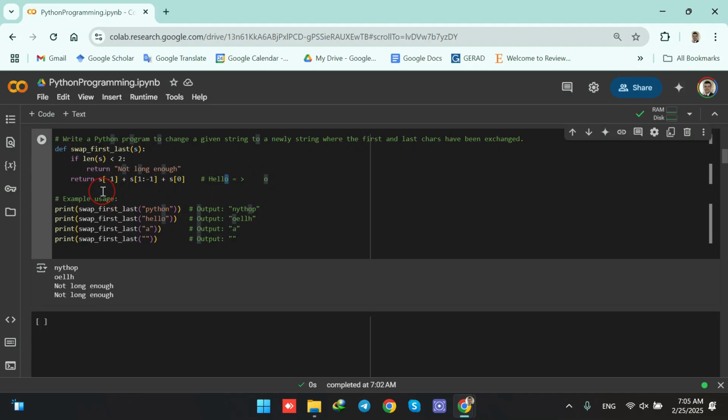Why O? Because we are calling the string with the character of index -1, and the character with the index -1 is O. For example, a string which is hello. The last character, which is having the index -1 of my string hello, is O. Okay, so I write down O here, plus,